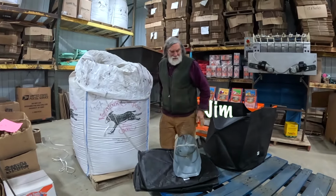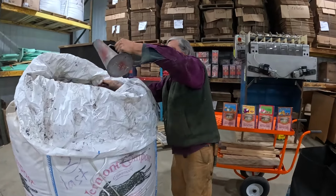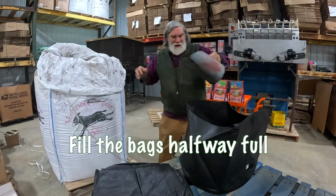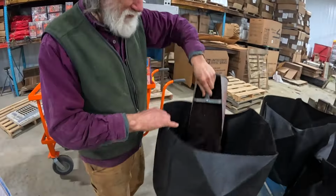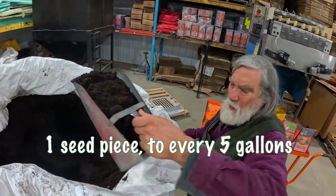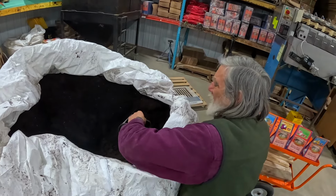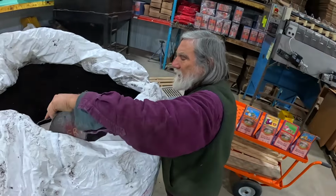Okay, that's Fort V. The bags that we're going to be using are 25-gallon bags, and we're going to fill them for planting purposes about half full. And we're going to plant 5 tubers in a grow bag. So the rough rule of thumb is you want to have 1 seed piece in about 5 gallons. So if you've got a 5-gallon pail from Home Depot, those will work. You do want to drill holes in the bottom of the bucket